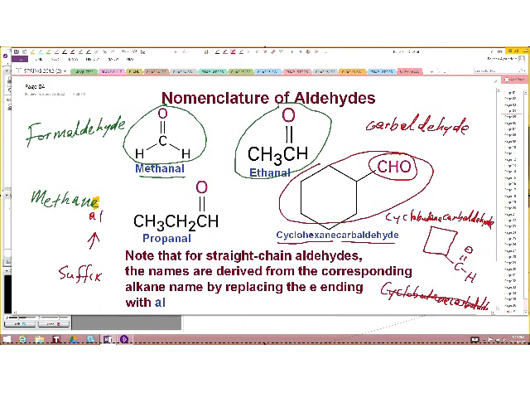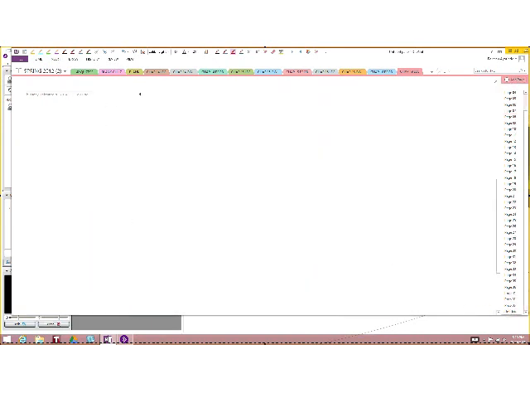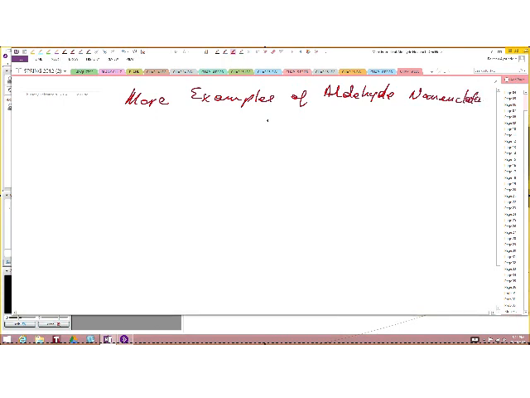Now, supposing we have more complex aldehydes. More examples of aldehyde nomenclature. In this case, IUPAC nomenclature. Okay. If we have this,